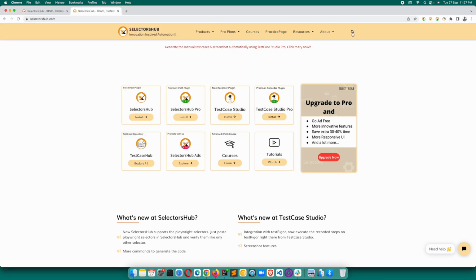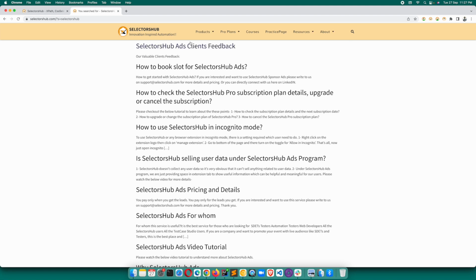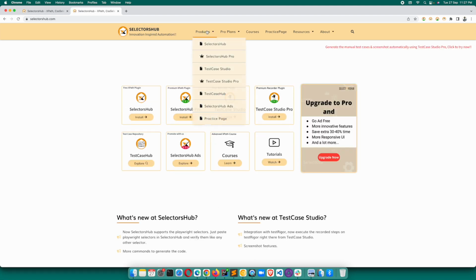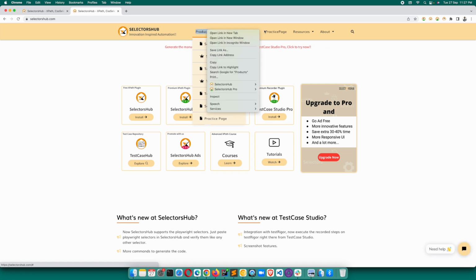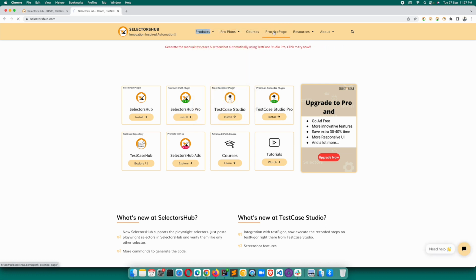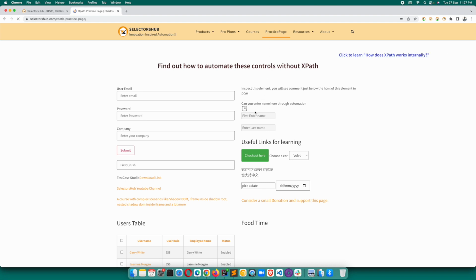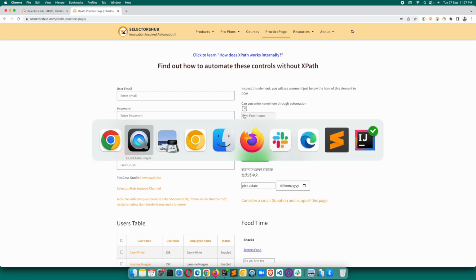So here we'll search for, let's say, same steps we followed. Search for SelectorsHub, hit enter, then we click on this button, then suppose we right click on products, then we click on practice page, then we click on first entry, and now here we have to raise a bug because this field is disabled. So you see that now we'll open this